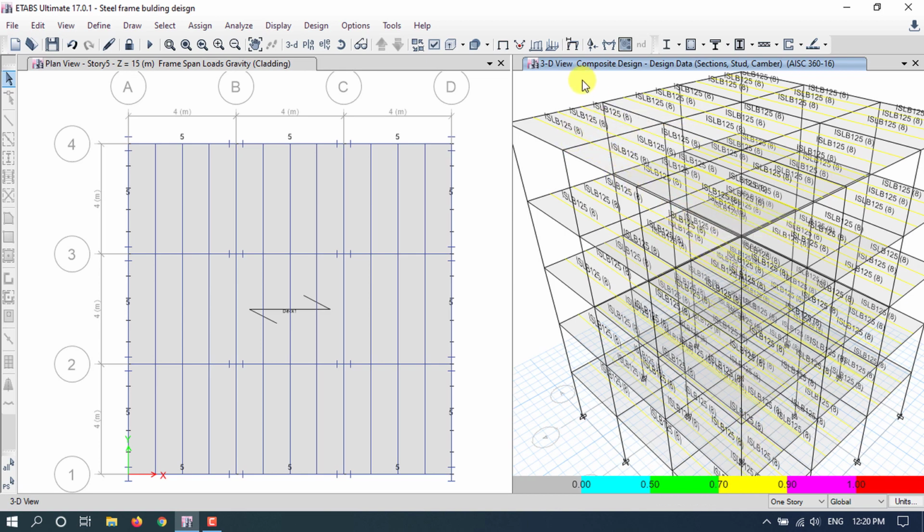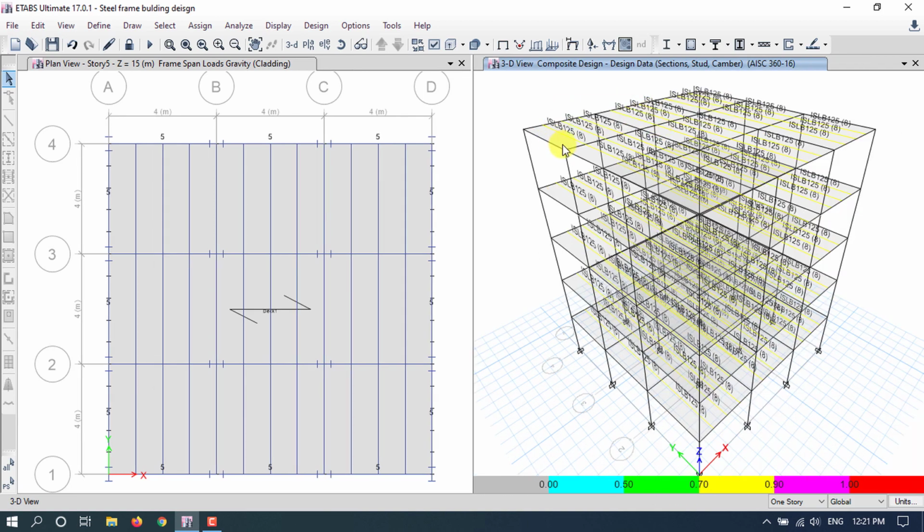Here the yellow color shows the most economical design of the secondary beam or composite beam. Here the section is automatically chosen by ETABS.